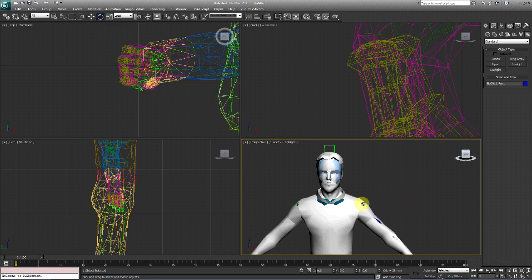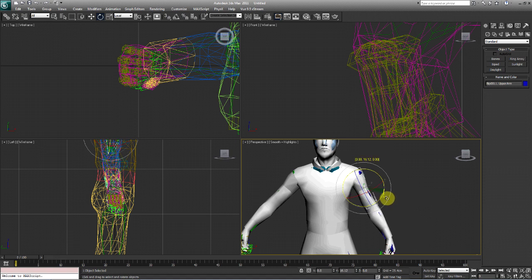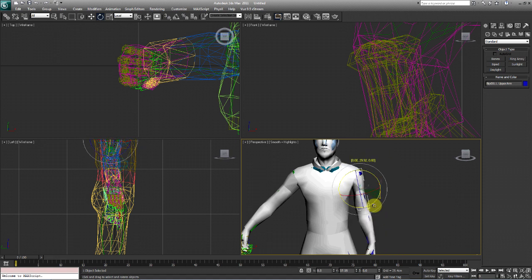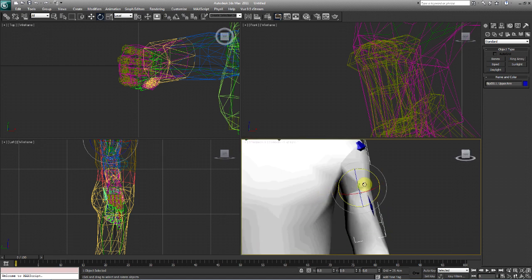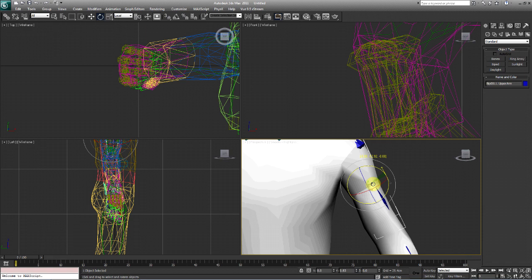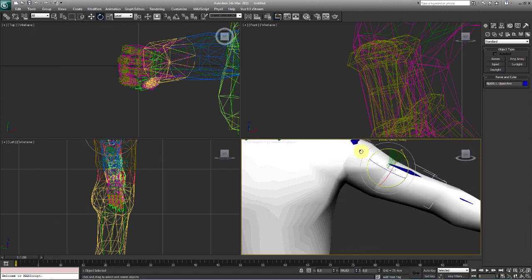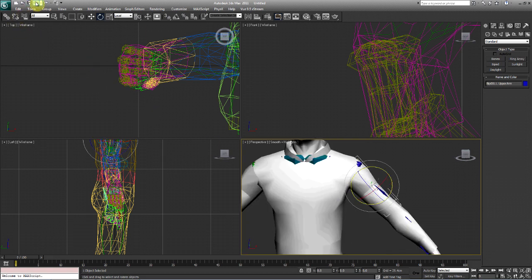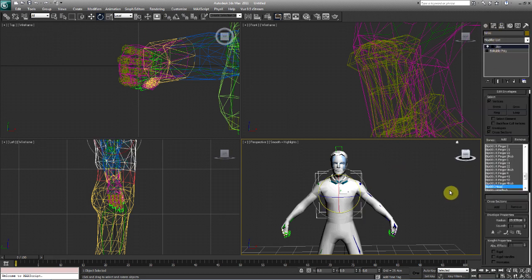Let's move the arms a little bit. Let's see if we have any discrepancies. See? This is not that bad at all. Now you see how this middle part right here is deforming a little bit. Every now and then it will deform more and crease in. It won't look natural, and that's when you're going to have to edit the vertices. You're going to have to edit the weight. This is why I like skin, because you can completely. Let me show you another example.